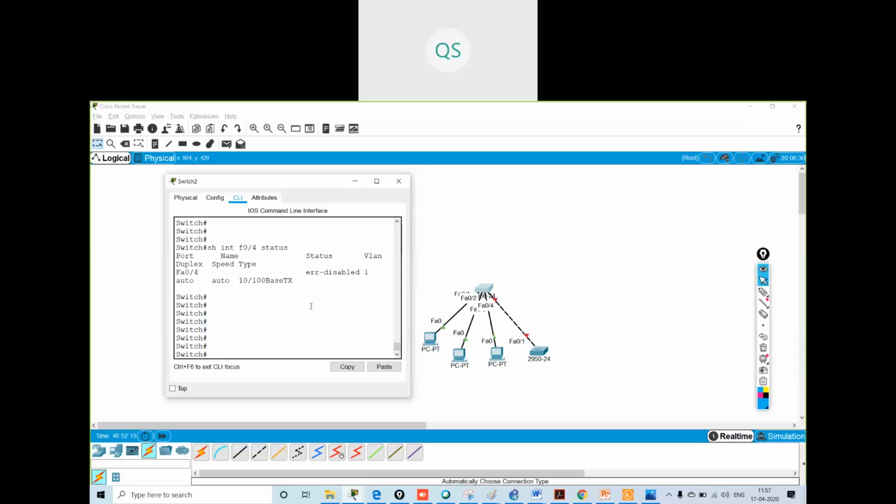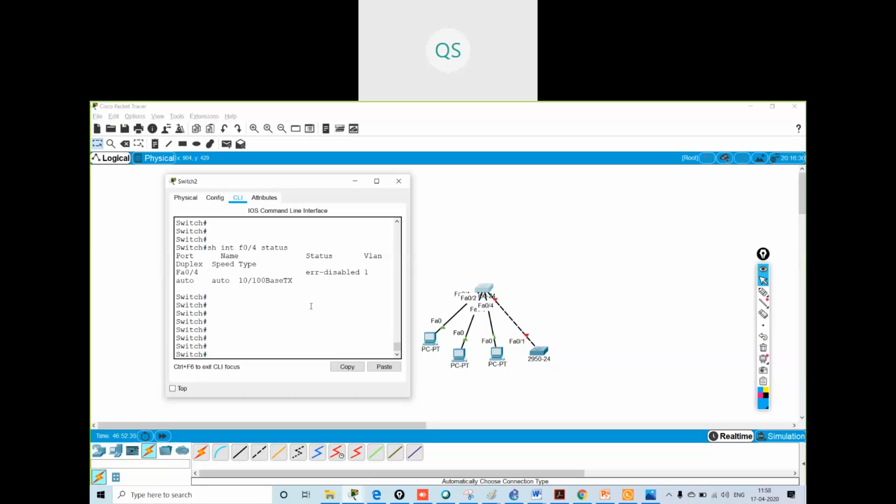Because they exchange BPDU messages, and inside the BPDU messages all the details are there: the priority number, the MAC address, the port priority, hello timers. If they do not exchange the BPDU messages, then how will it run the spanning tree?